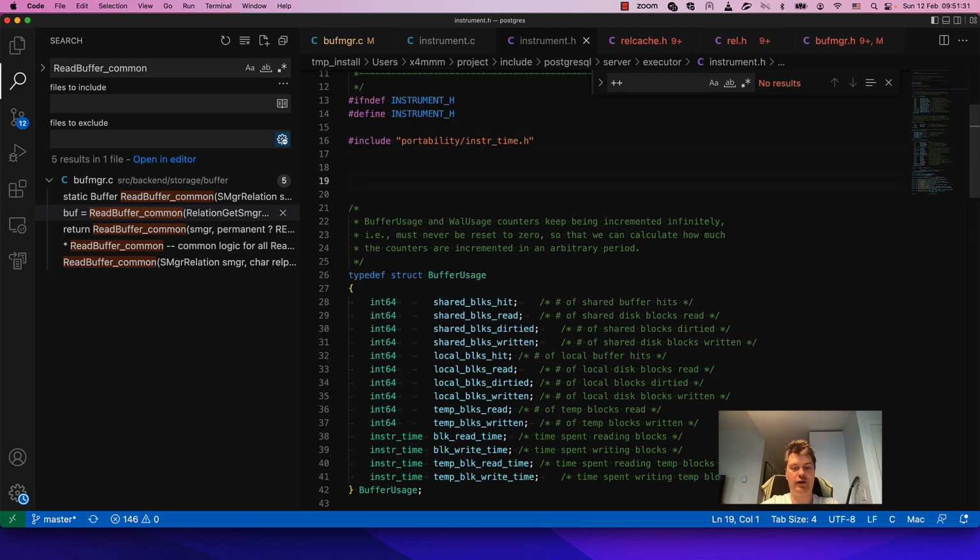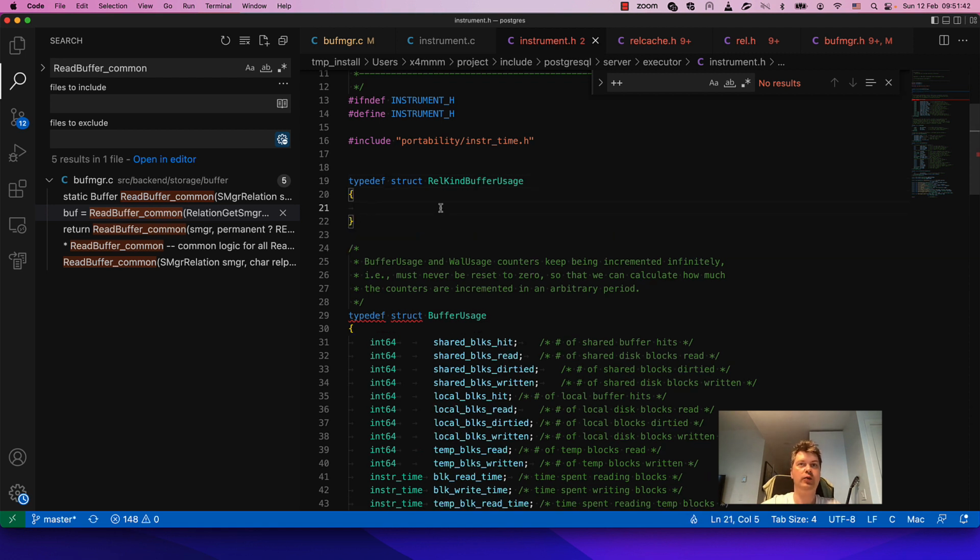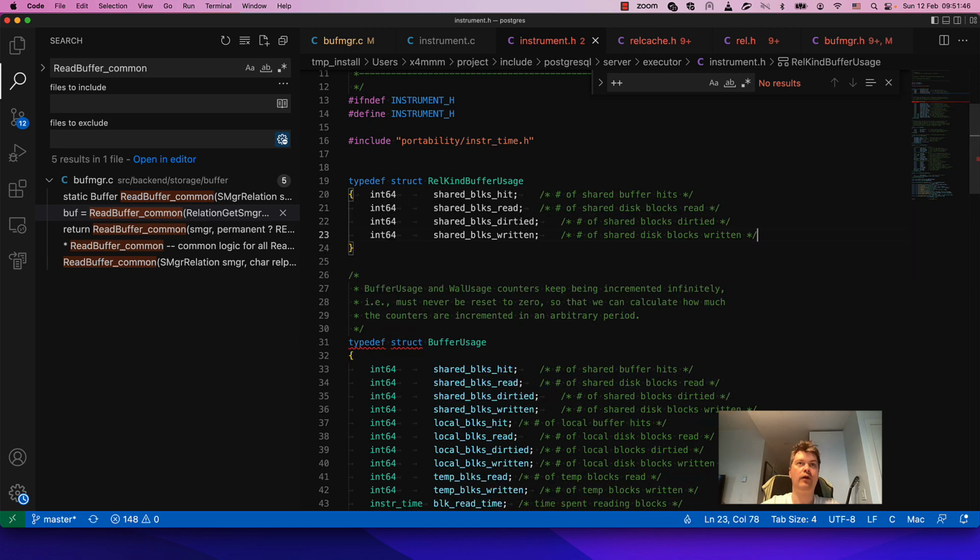Let's call it RelKind buffer usage, and there we will have these four fields,